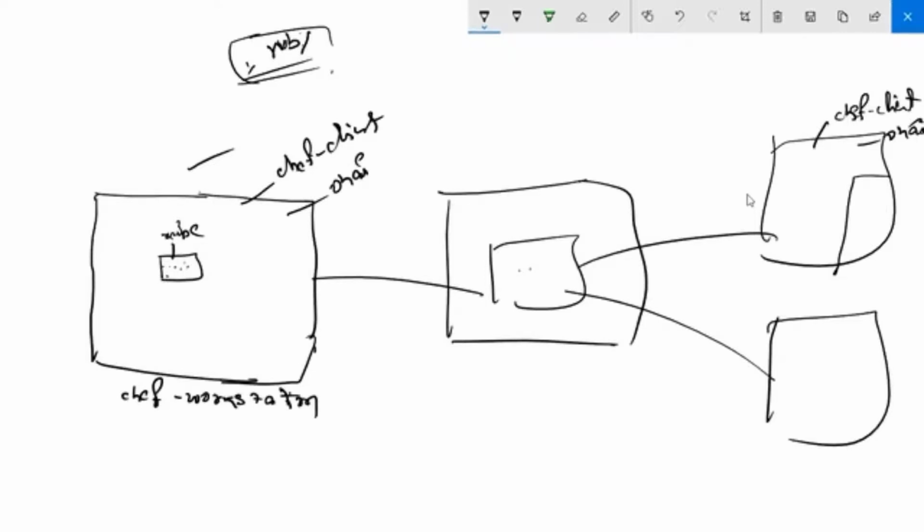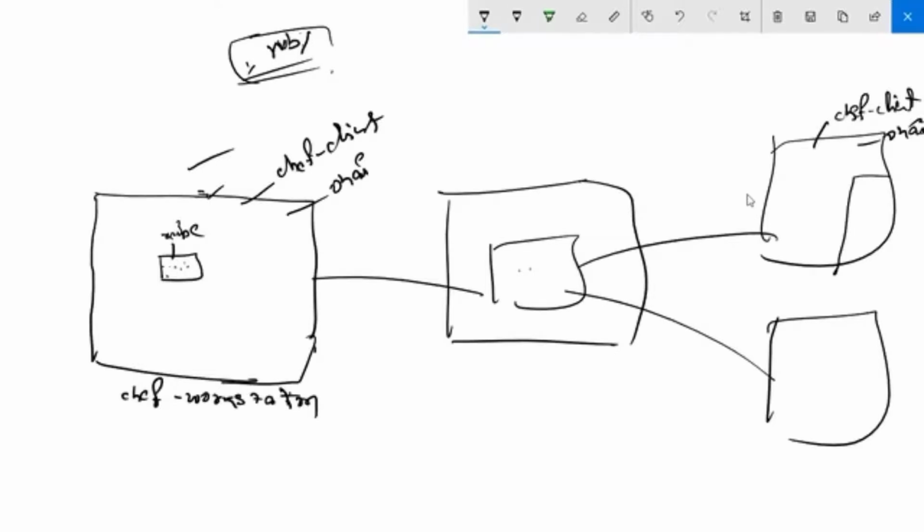Because even though it is a workstation, sometimes the class senior also, suppose the class senior is distributing sweets to students. The class leader is distributing sweets to students. So he also needs one sweet for himself, right? He is also a student, right? Understood? So you want to push configuration, you want to install some packages, you want to create some users, everything you want to do in these nodes. Sometimes you might want to do the same things to your workstation as well, because this is also one machine only, right? So that's why when you install the Chef Workstation package, you'll get Chef client and Ohai in the workstation as well.